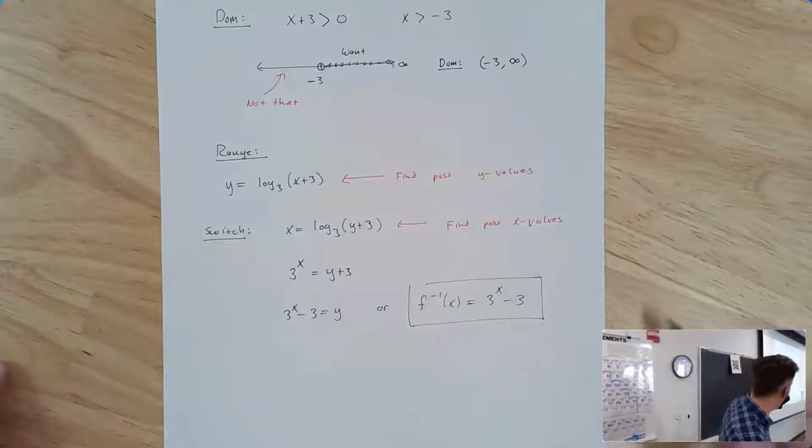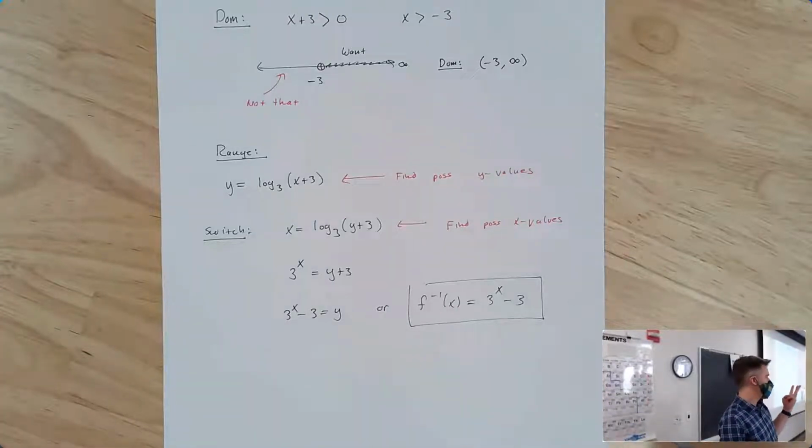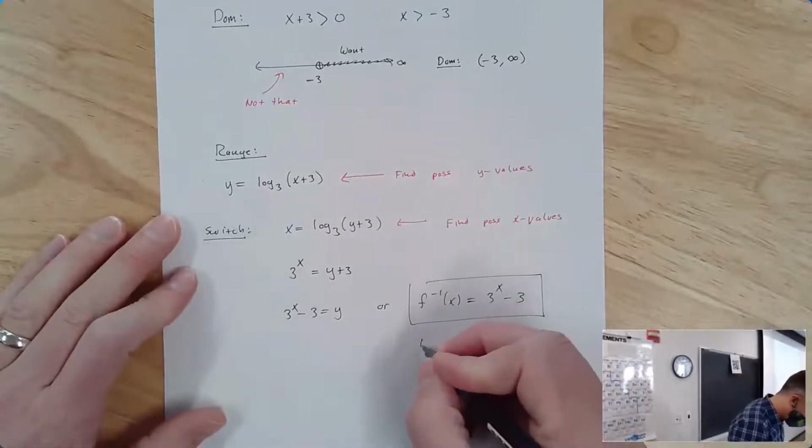Does this function have any domain issues? Do we see any of the 3 hallmarks that make us think there's a problem? No, there's no division by anything. There's no square roots or fourth roots or even roots. There's no logarithms. So there's no domain issues,